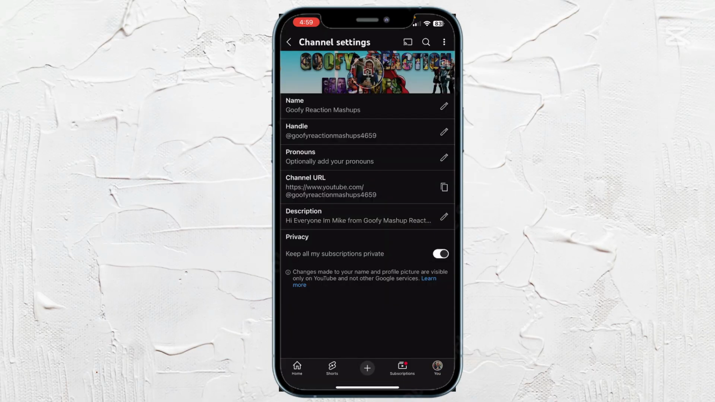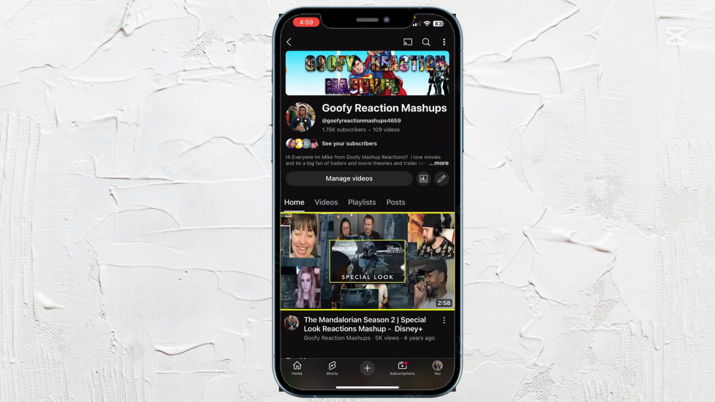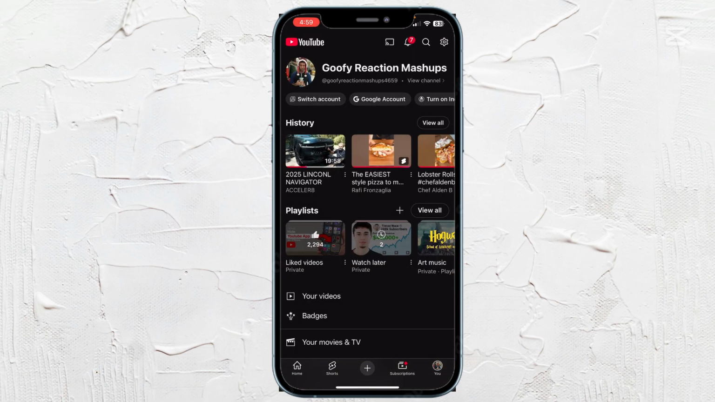Go ahead and hit save. And then that is it. It will take a little bit of time to update, and that's how you would change your profile picture on